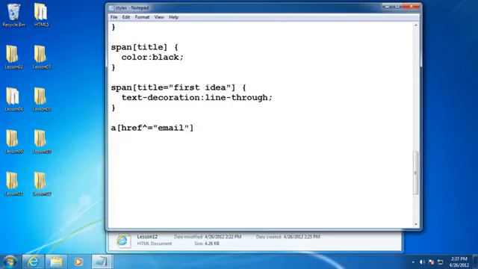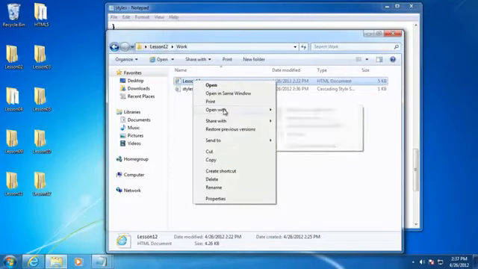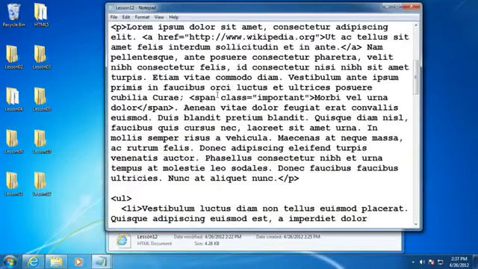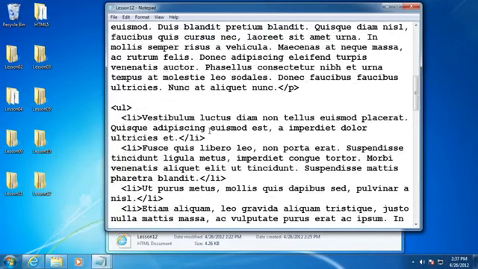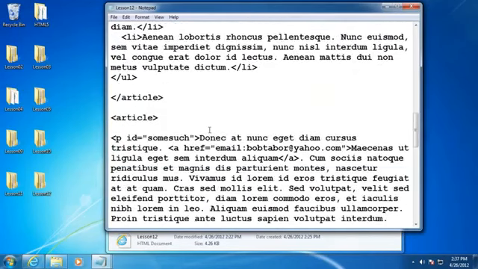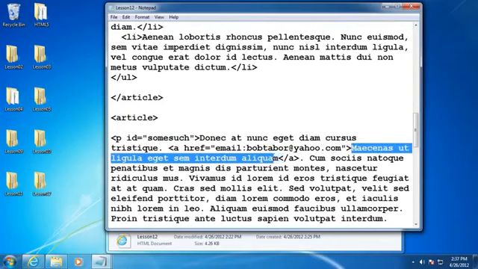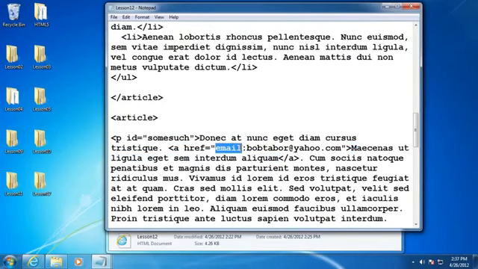So I can create an email hyperlink that when they click it, it'll automatically open up their email client and address it to the person that I put after the colon. So just so you can see this for yourself, I have that defined here. So a href colon bobtabor@yahoo.com. All right, and when you click this text, it would start the process of sending an